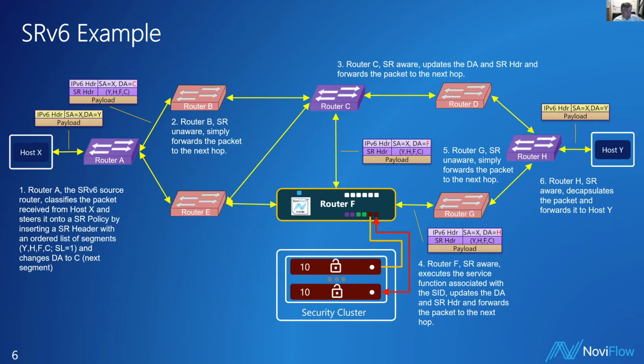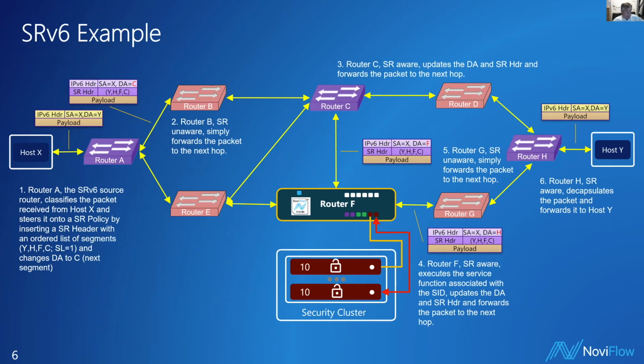Host X sends the yellow packet to router A, which is the SRv6 source router, which classifies the packet and steers it onto an SR policy by inserting an SR header with an ordered list of segments, in this case, YHFC. And it changes the destination address to C, which is the next segment. Router B, which is SR unaware, just forwards the packet to the next hop, which is router C. And then router C, which is SR aware, updates the destination address and the SR header and forwards the packet